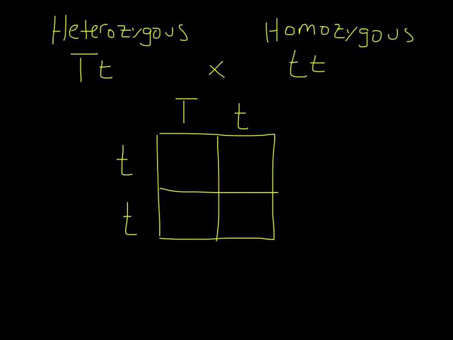And now all I'm going to do is bring them down. This big T down, little t over. And remember, we always write the capital letter first. In the next box over, they're both little t's. Okay? Bring down the big T, bring over my little t. Little t. All right. From here, I can get a genotype ratio